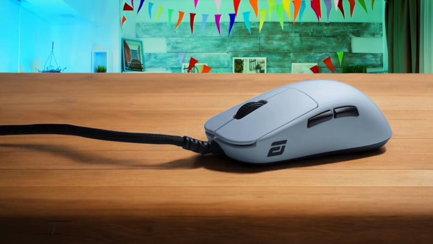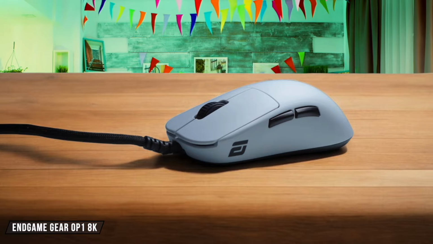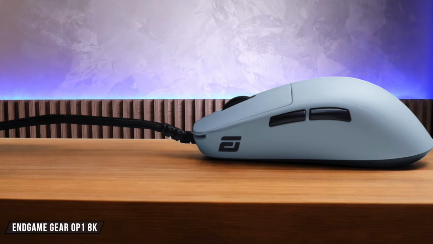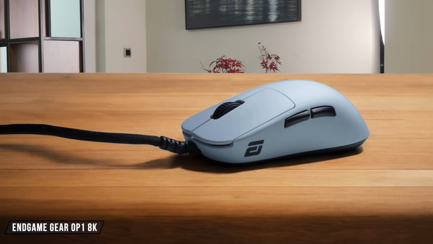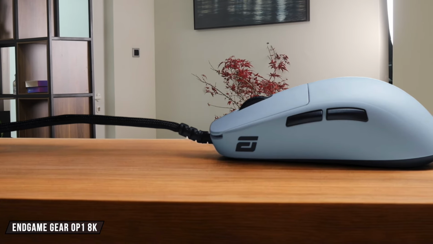of 2. The Endgame Gear OP1 8K delivers exceptional raw performance with its PixArt 3395 sensor and an 8000 Hz polling rate, providing incredibly low and consistent click latency for a remarkably responsive experience. Though its wired connection might be a drawback for those seeking a wireless setup, so I'm giving it a 9.2